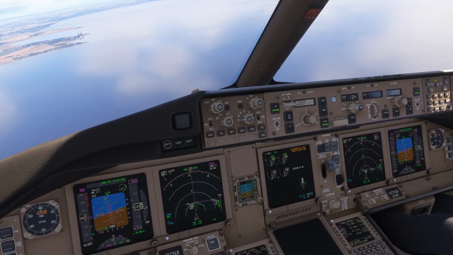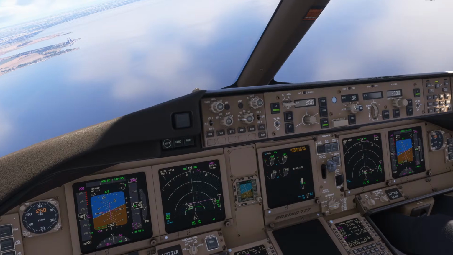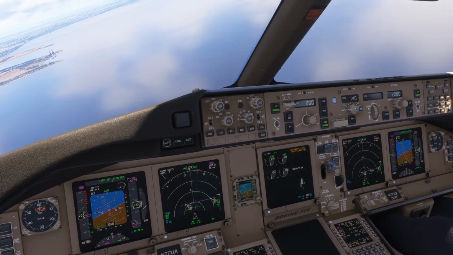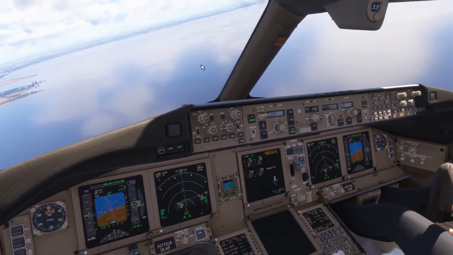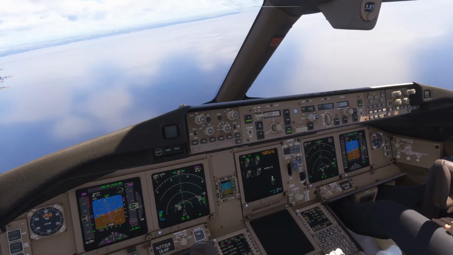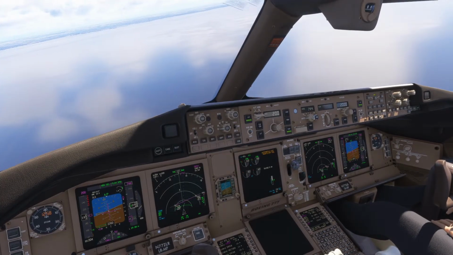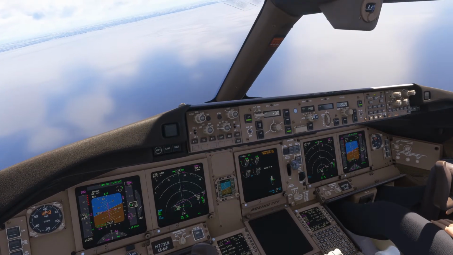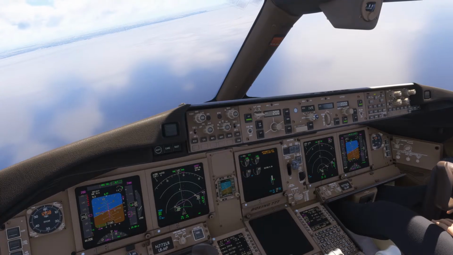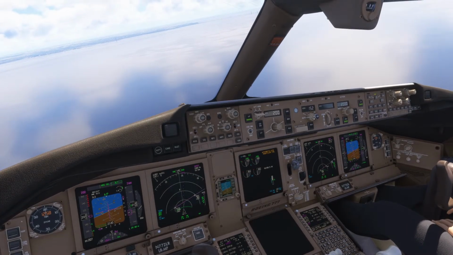Climb and maintain flight level 160, pin 7 Roma X-ray. Pin 7 Rome X-ray, contact Sweden control on 124.155. Contact Sweden control